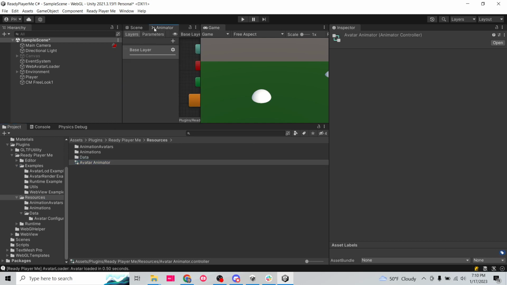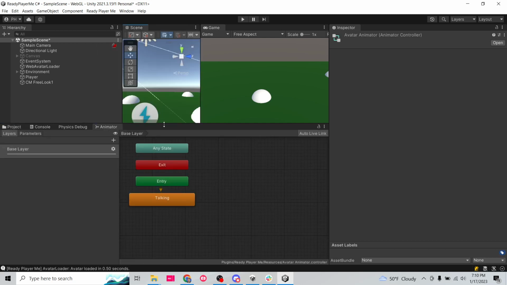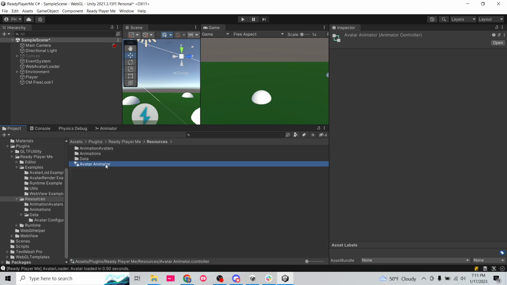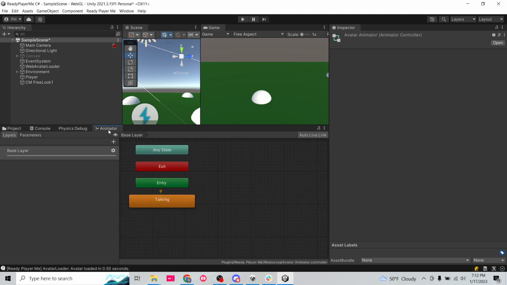If we just double click on this, this is what it's going to use when our avatars get loaded in. And this is in the documentation too, I believe. Let's take a look. All right, I just checked and I could not find anything specifically related to Unity's animator. But this is what it's going to be using. There must be some logic, I looked it up once when I was bored one day, and it's in the script somewhere to find this animator. And to just test that theory,